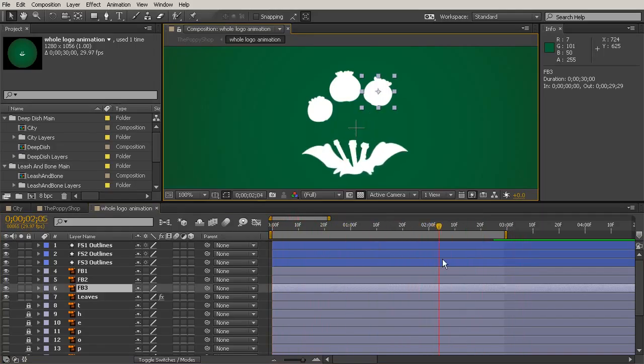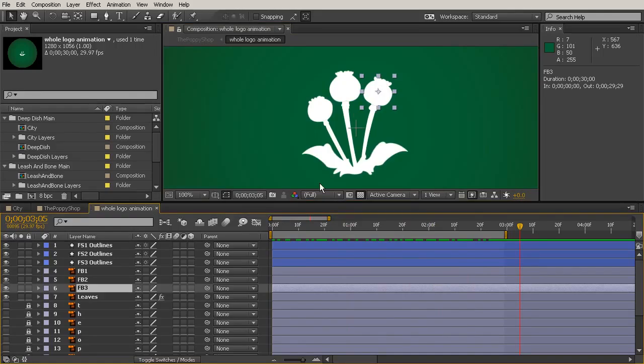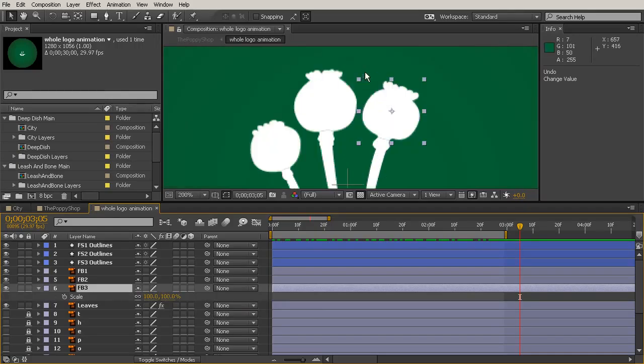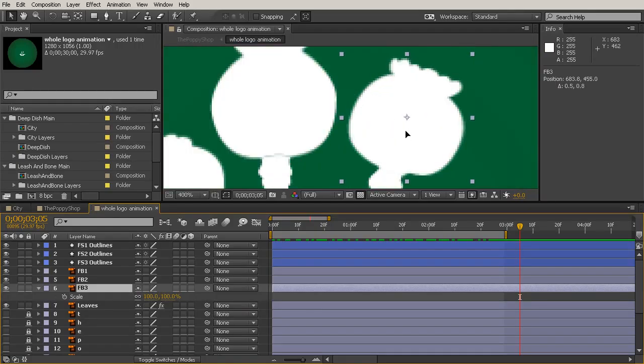So what we need to do is move the anchor points of these buds because I want to create a kind of scale animation. If I select one of the buds and hit the S key, you can see that they're growing from the middle of the flower, and I want them to grow from the place where they attach to the stem. So let's come in here a little bit, maybe move it down so we don't get that little line,